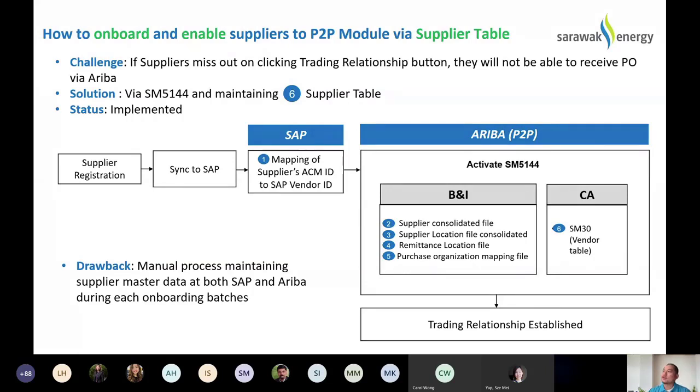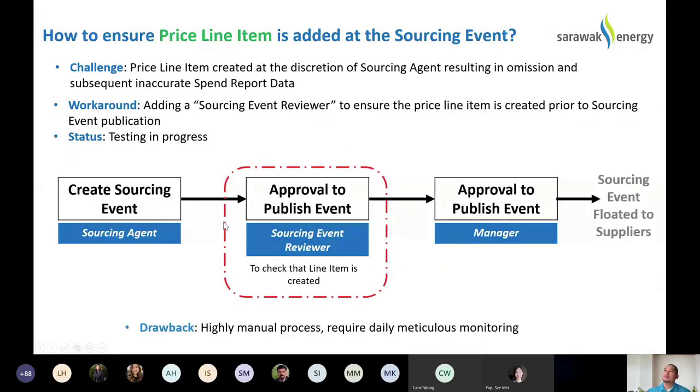Yes, so the next sharing is on price line item. How to ensure the price line item is added at the sourcing event. Because currently, in our current implementation of the sourcing module,